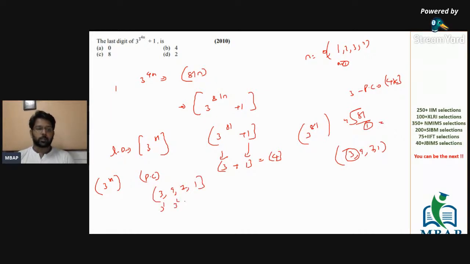3 raised to 1, 3 square, 3 cube, 3 raised to 4. These are the last digits, right? So you divided 81 by 4 to find the last digit. The remainder came out to be 1, and if you get 1 as a remainder, check the first digit